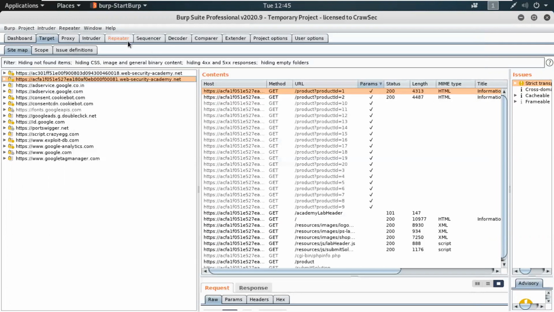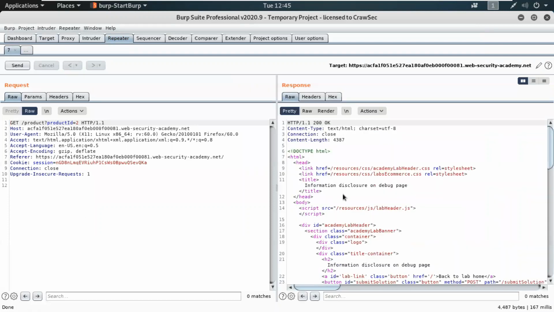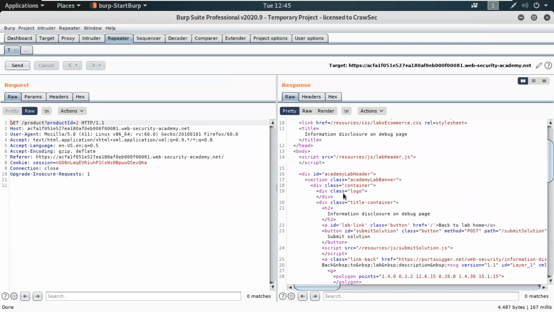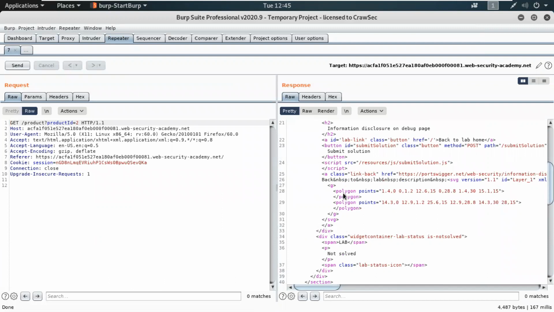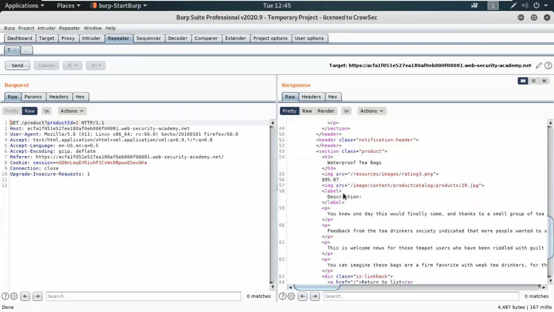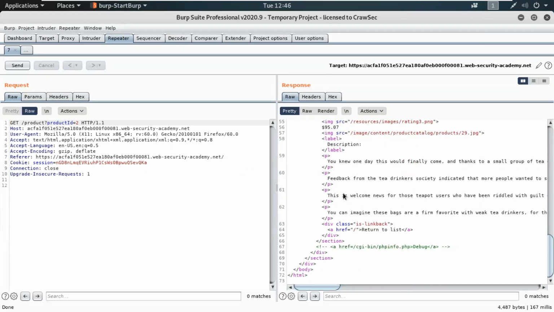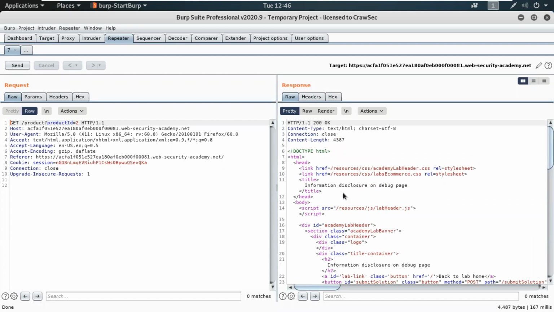Repeater. Okay, we should get secret key information over here, but something is wrong.